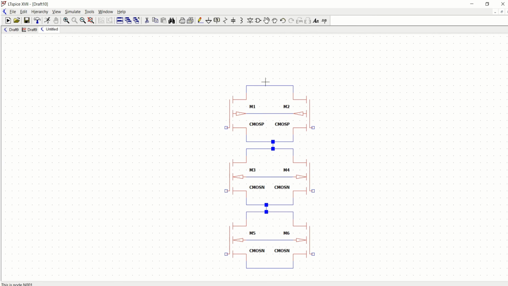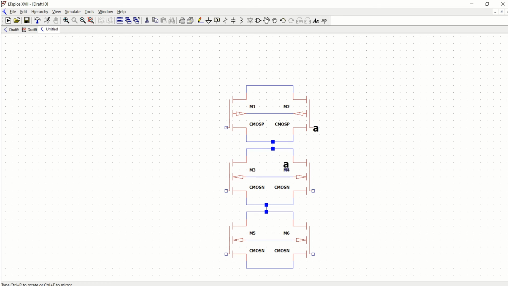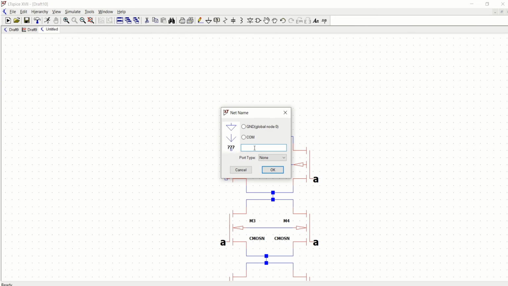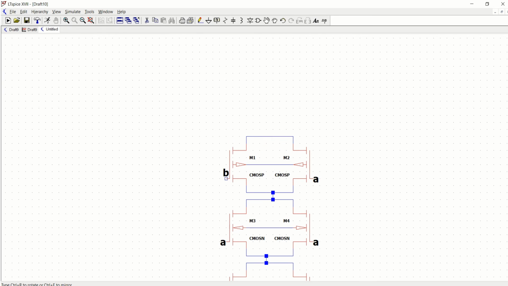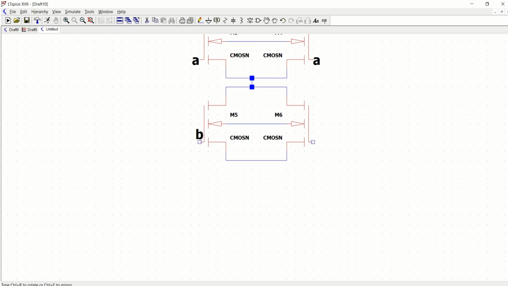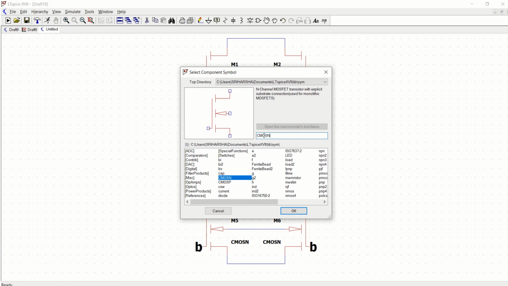Now label this and provide the DC supply. This one with A, these two are with A, and again you provide the B for this and these two. Now once we have placed this, apply the voltage source as VDD.